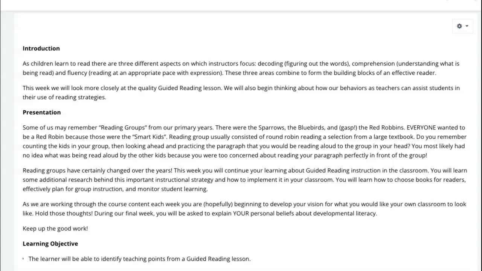You're also going to be looking at chapter 15 this week, which is Teaching for Systems of Strategic Actions in Guided Reading. And you're going to be looking at chapter 16, Teaching for Monitoring, Searching, and Self-Correction Behaviors. Students don't know this on their own, so it's our role to teach them these things. And we want them to be successful on any text, not just the text in front of them.